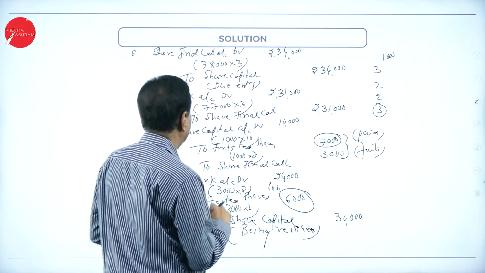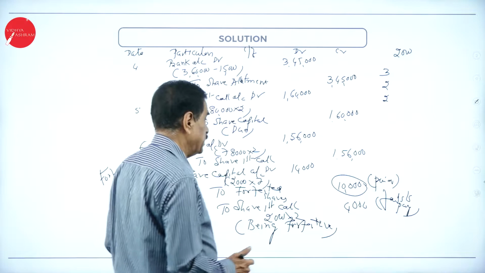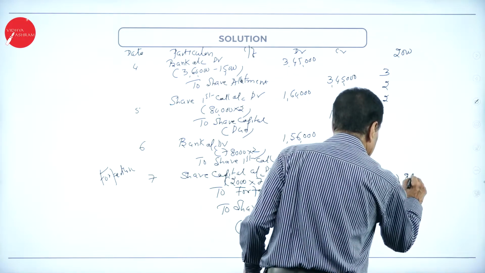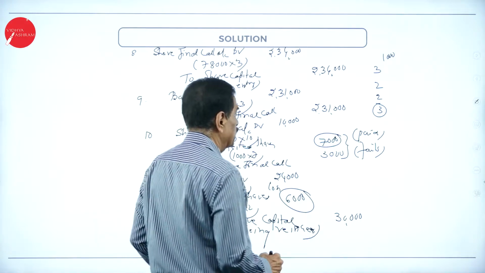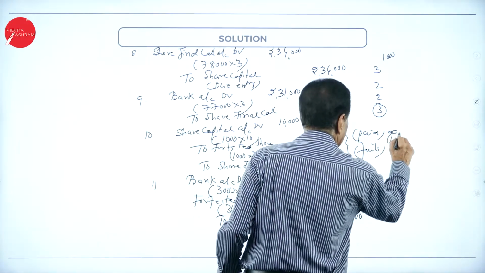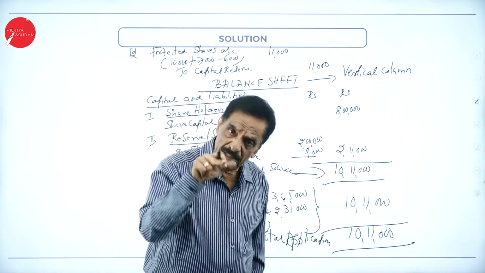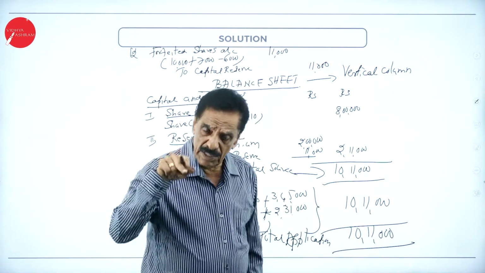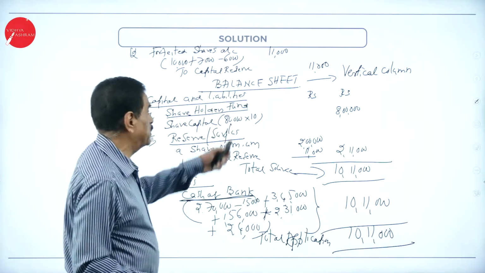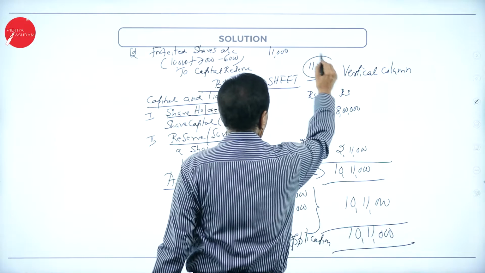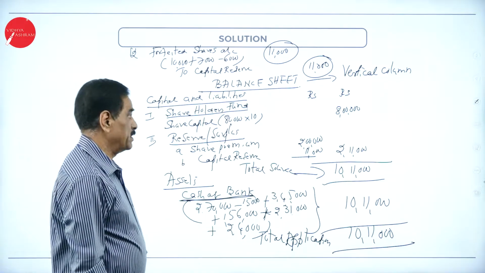Then what are the gains? We'll go with the first one. For forfeited share, this is a paid gain. Then the second entry, for forfeited share, 7,000 paid gain. Then 10,000 is a gain, 7,000 is a gain, 17,000; 6,000 is loss. The difference is 11,000, which goes to capital reserve. It will be kept as a capital reserve here. This is 10 plus 7 minus 6,000 is the capital reserve.